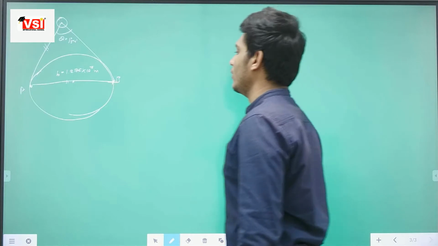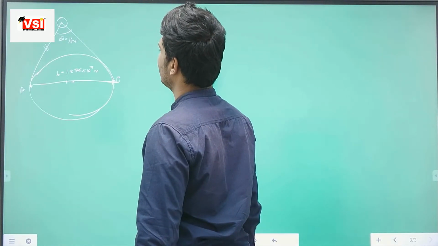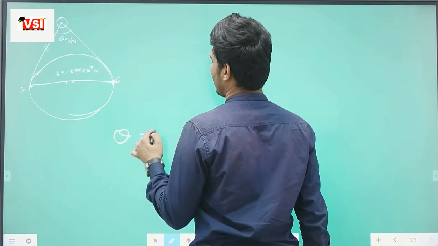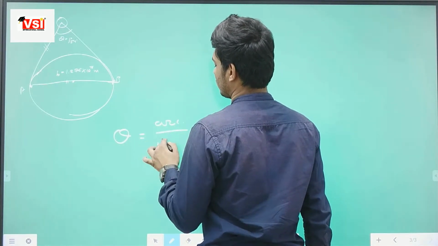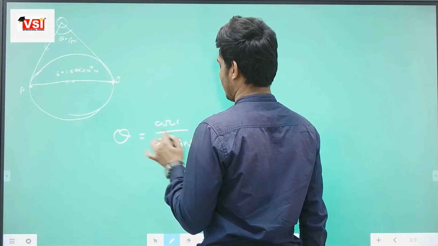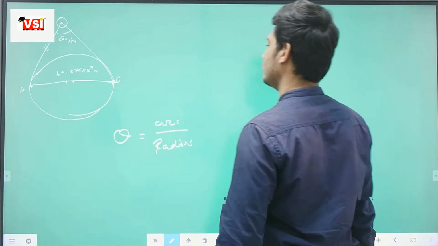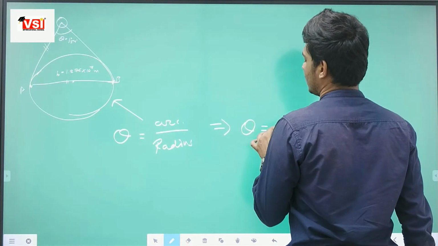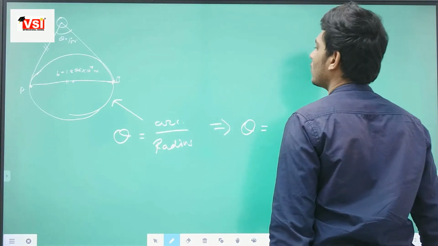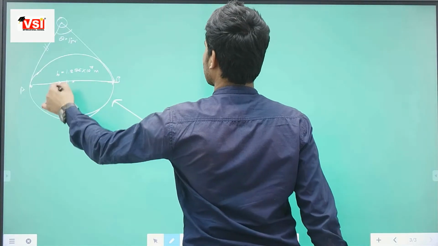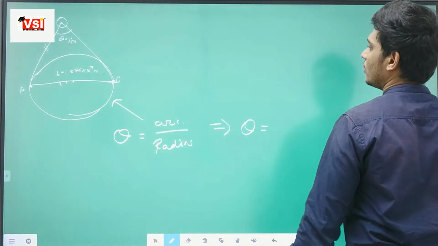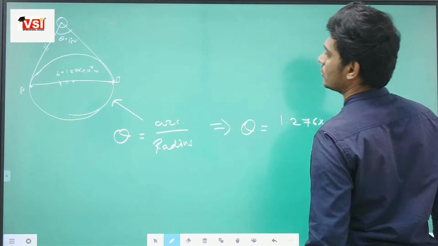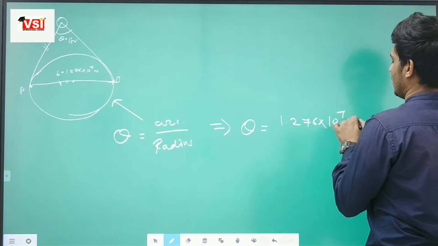Now how are we going to use it? The parallax method. As we know, the parallax method states that angle theta is equal to arc upon radius, or by applying in the given problem we could say that angle theta is equal to arc, or we can say the basis, that is 1.276 into 10 to the power 7 meter